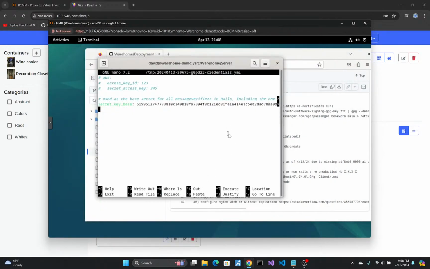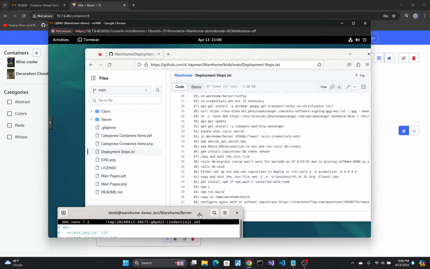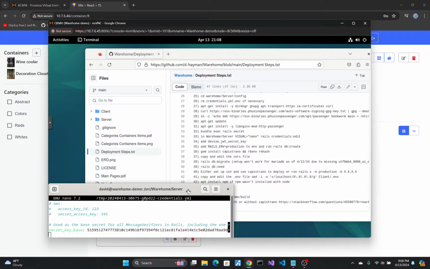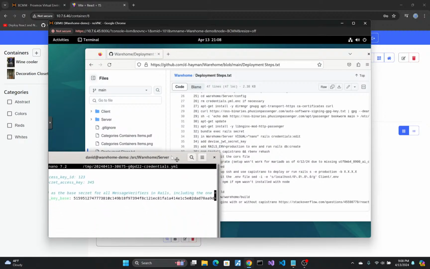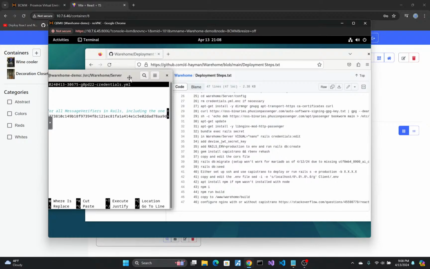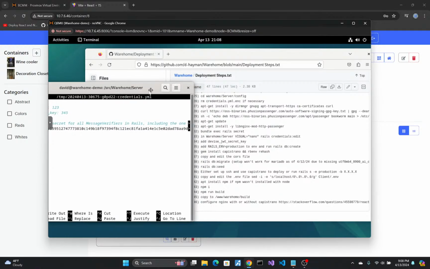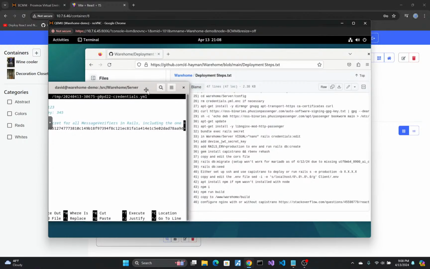Okay, so yeah, that generates our credentials file as well as your own credentials file, your own master key. I had to do that as super user, which was annoying. Try not to do things as super user, but just sudo them. But when you try to sudo rails anything, it doesn't work for some reason. But then Rails runs into permission issues, so that's something you might have to